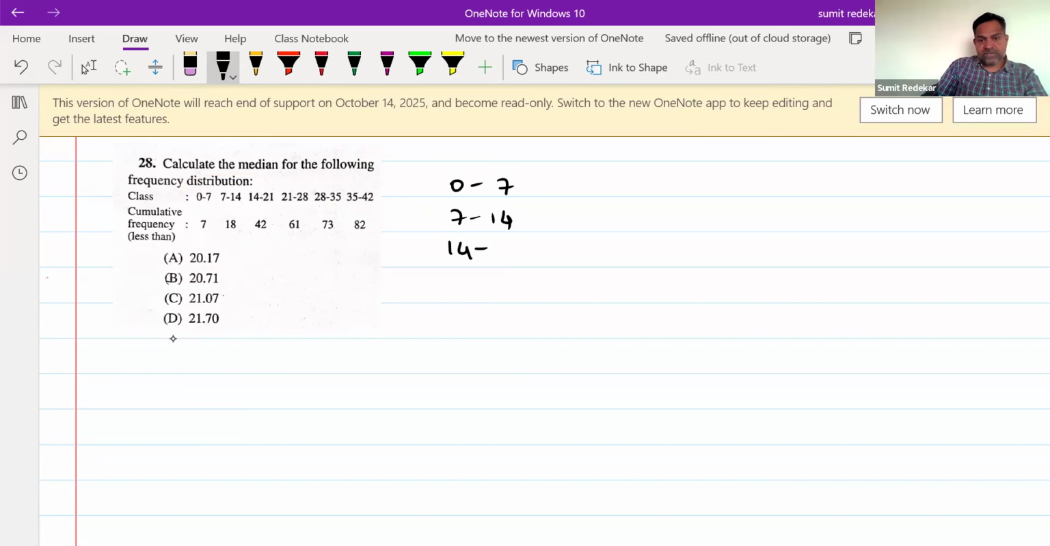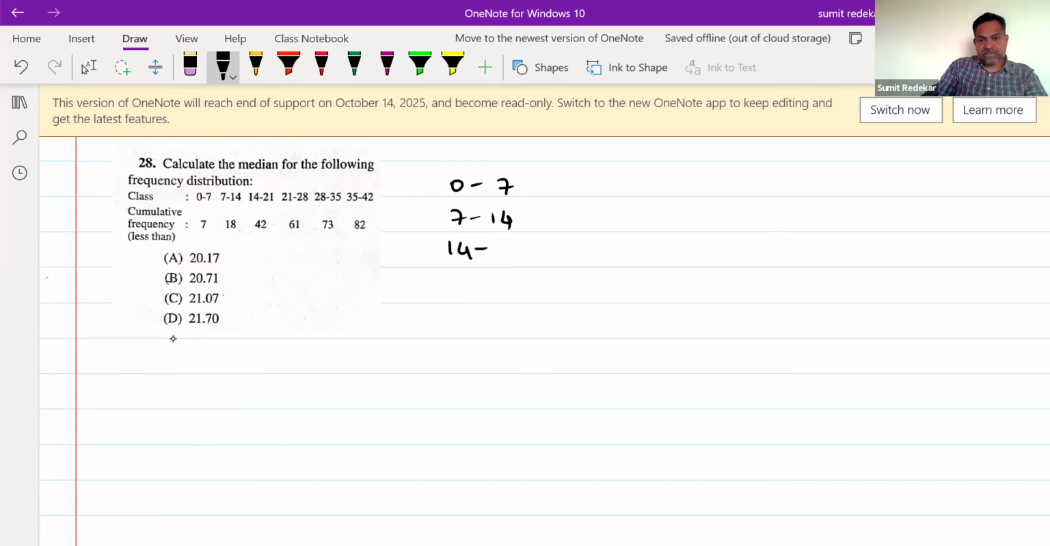मीडियन के लिए पहले m निकालना पड़ेगा, तो m इज n/2, 82/2, which is going to be 41. 41st फ्रीक्वेंसी के लिए मुझे क्यूमुलेट करना पड़ेगा, जो क्यूमुलेट ऑलरेडी करके दिया उन्होंने, आपको अलग से करने की जरूरत नहीं है। यहाँ आता है 41, तो ये हो गया आपका क्वार्टाइल क्लास।